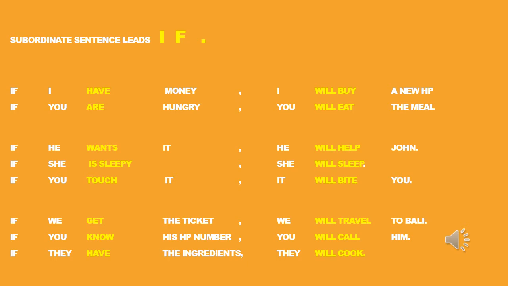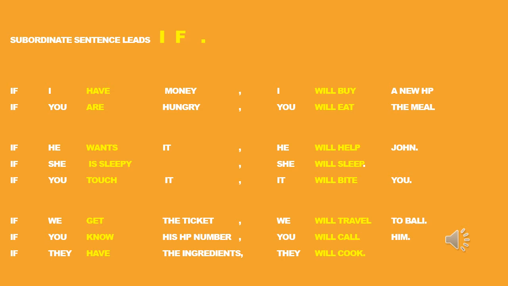Still more about the subordinates. This time, subordinate sentence lead, or baby sentence lead. Anak kalimat memimpin. Once again, anak kalimat. Why do we call it anak kalimat? Because the sentence is started with the conjunction if. Okay? Induk kalimat. Why do we call it induk kalimat? Because the mother sentence or the main sentence is started with the subject: I, you, he, she,